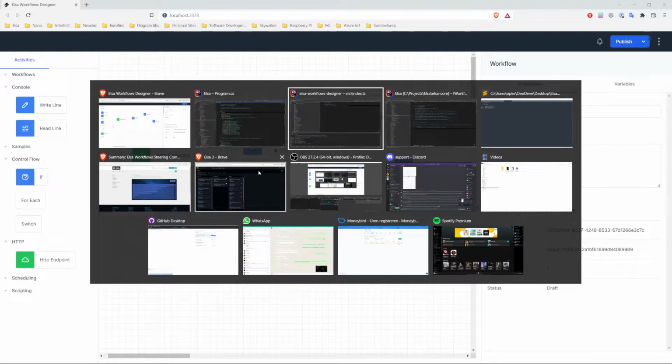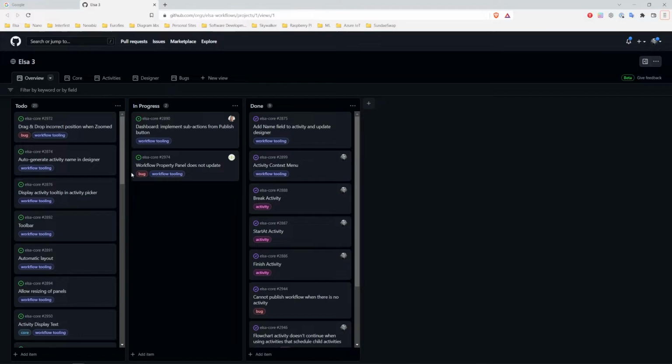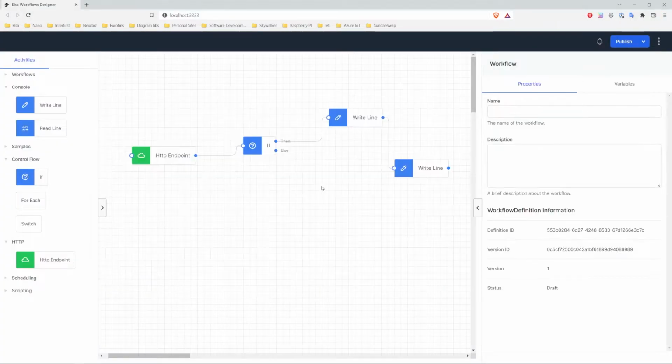Let's take a quick look at the board. So this is the Elsa 3 board. Stuff has been done here. And this guy is working on an issue where the workflow property panel doesn't update. So that's the issue when you select or click on the canvas. On the right hand side, you now see the workflow property editor, but there's a bug where the settings don't